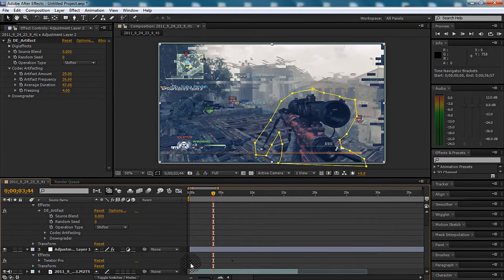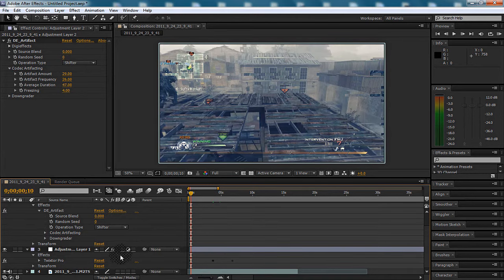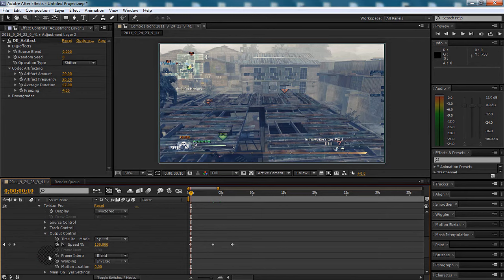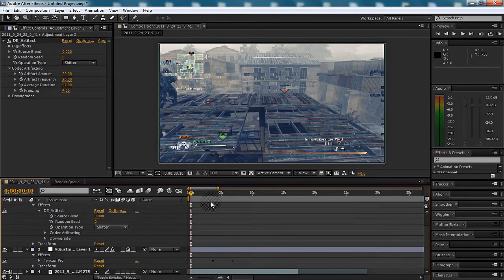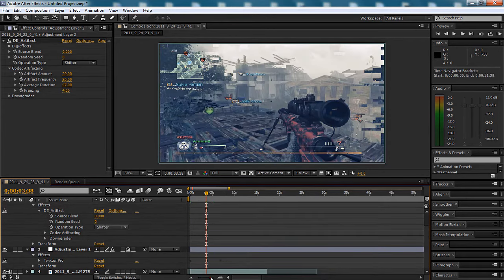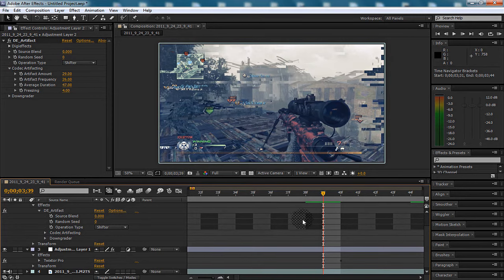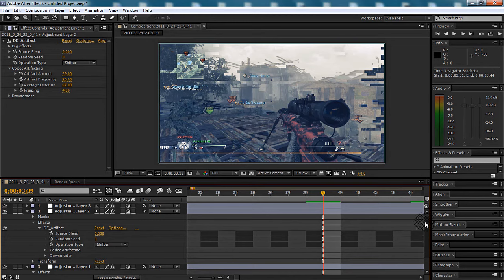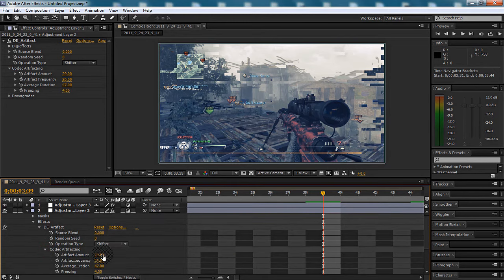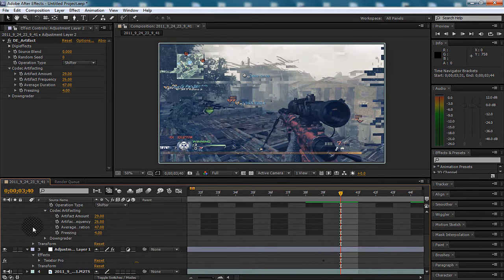So let's just do that now. Why is there a first keyframe here? That's interesting. Let's go to that. Well, we're going to drop this down and see. Alright, that's at 100. We're good. Now go to your first set of Twixtor keyframes, the one where it's on 0, and make sure your artifacting is 0. But firstly, I'm going to go to the second one and keyframe these all,